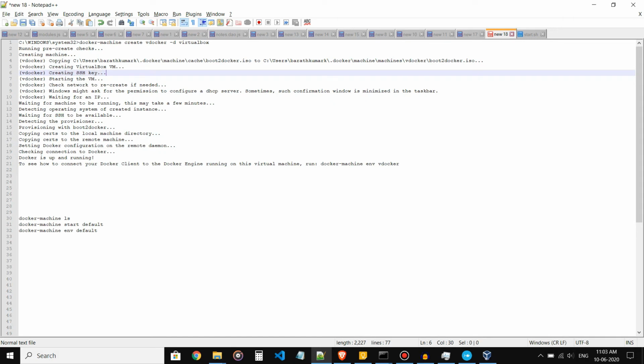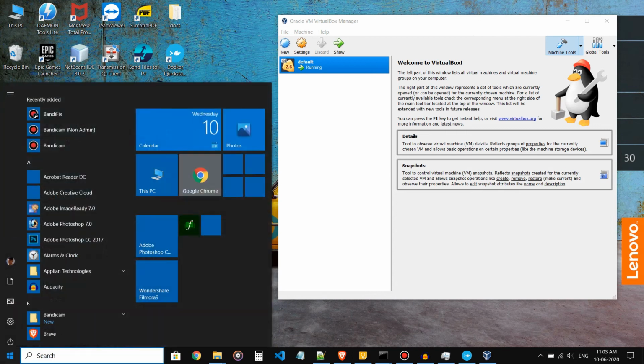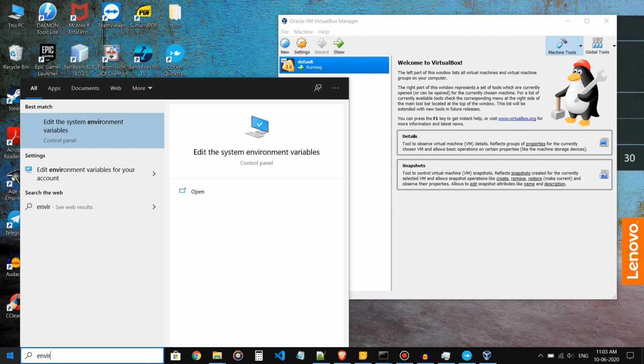Another place where I got an error was in setting up the environment variables. In that particular step, you may face a lot of problems. First, head to environment variables and check whether you have added the path to it.